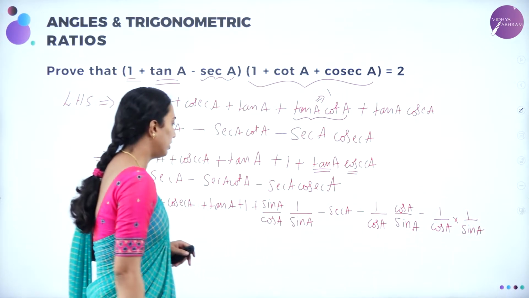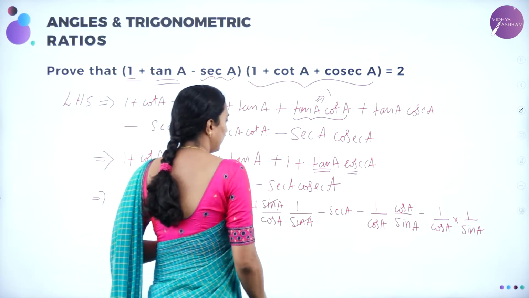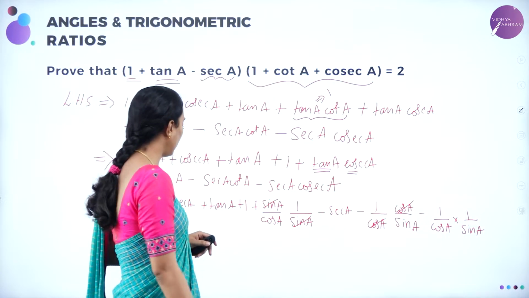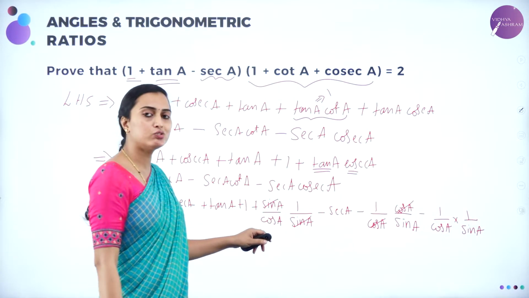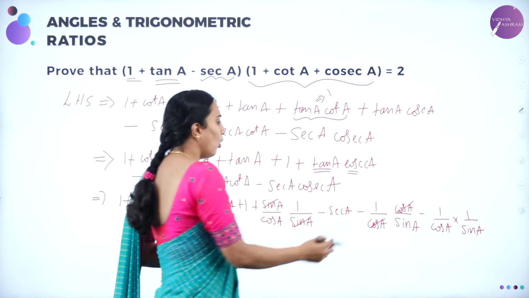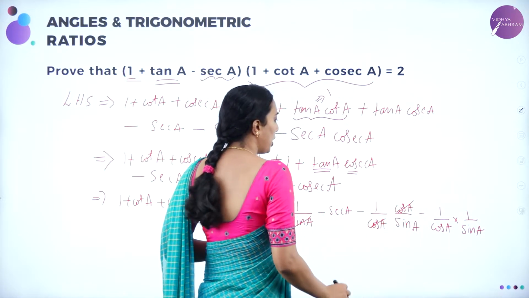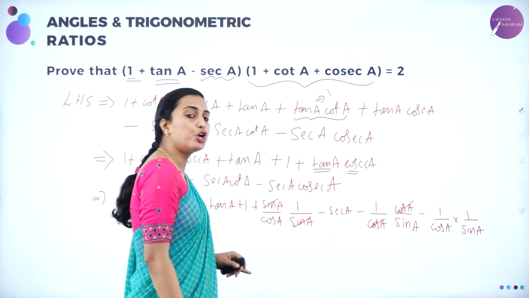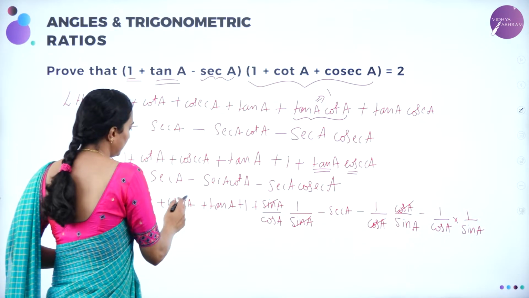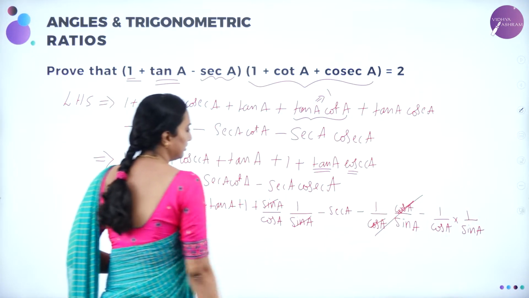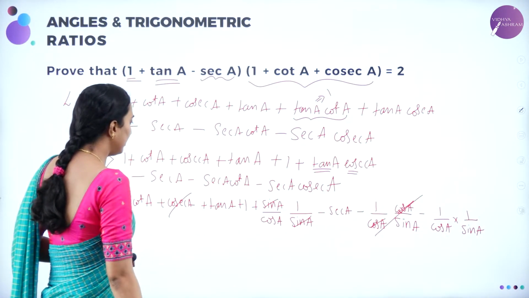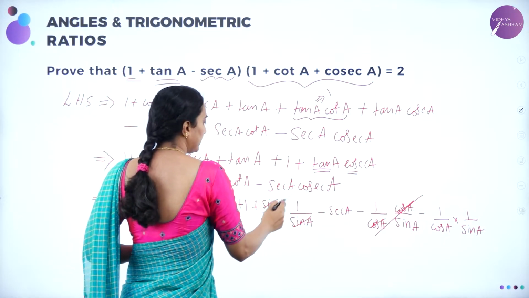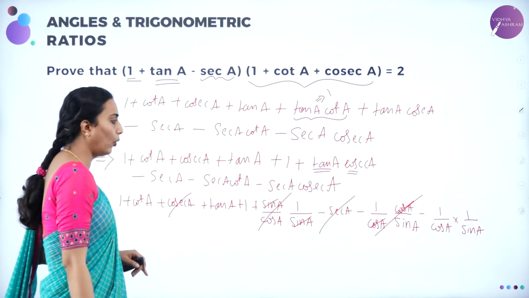Right? Now here, see, sin A will get cancelled here. Cos A will get cancelled. You are going to remain with 1 divided by cos A. But what is 1 by cos A? Secant A. Here 1 divided by sin A along with the minus sign. So you are going to have 1 by sin A, which is nothing but cosecant A, here plus cosecant A. This and this will get cancelled. Okay. And then here 1 by cos A is nothing but secant A. Here minus secant A plus secant A minus secant A will go.